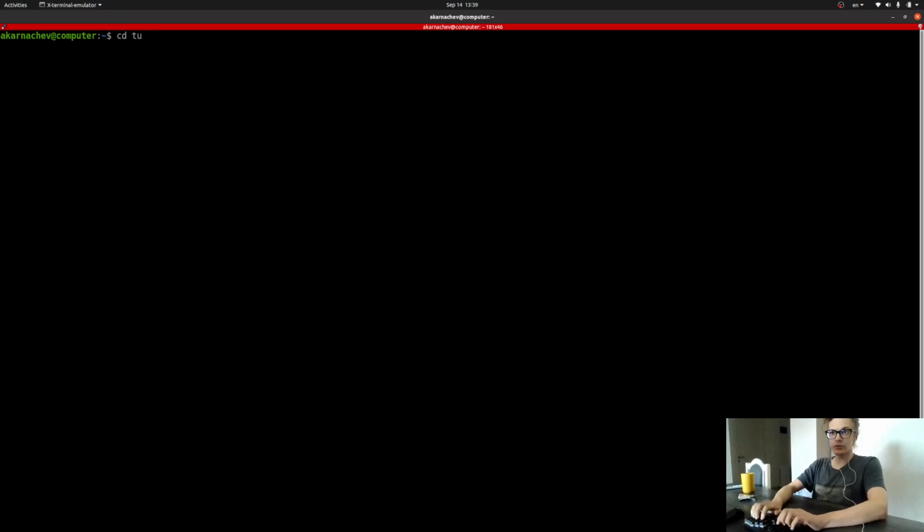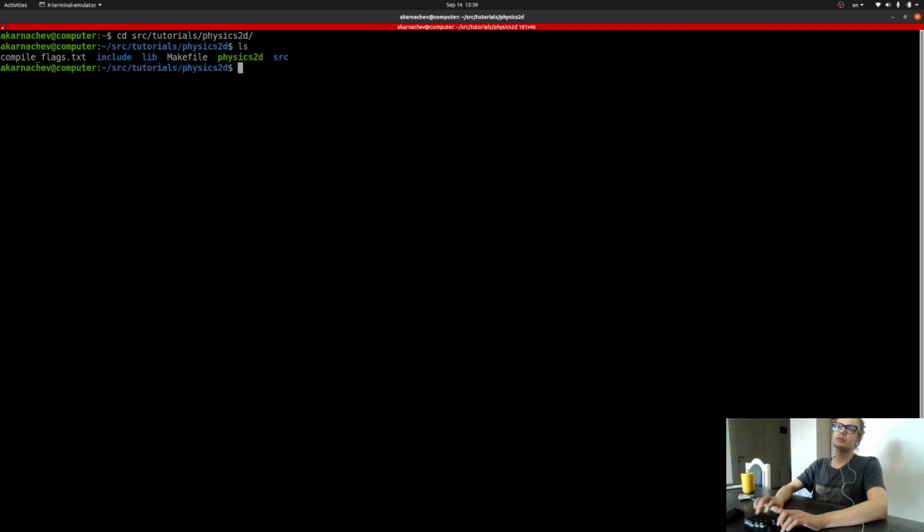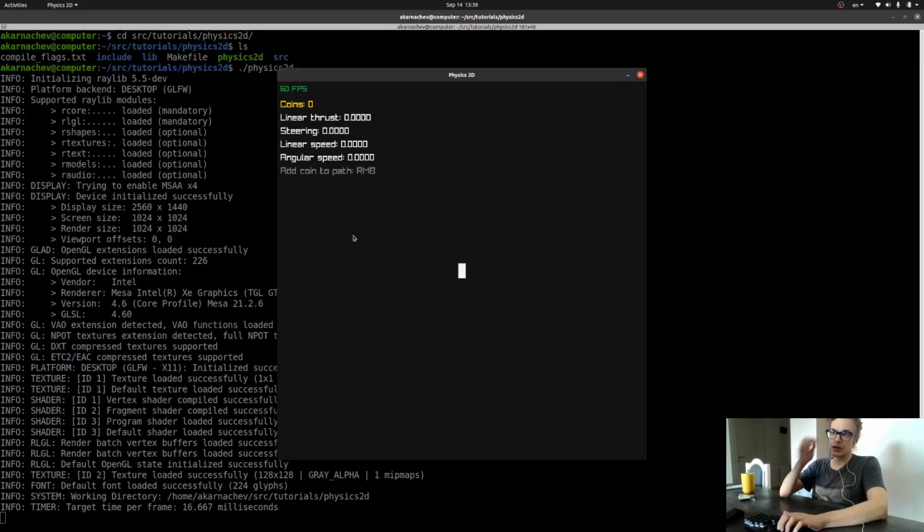Okay, I want to continue with PID controllers, which I developed previous time. Tutorials, physics 2D. For now it looks like this. So basically it's some kind of boat in my case, and it can move linearly. So basically I have linear thrust. It's some kind of power of the boat, power applied to the boat, external force applied to the boat, like